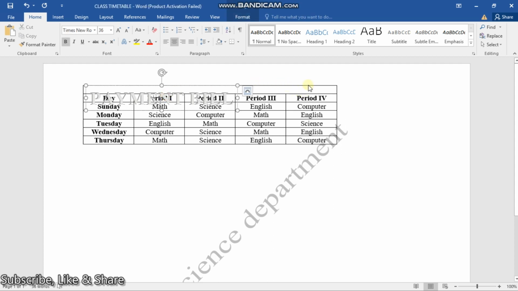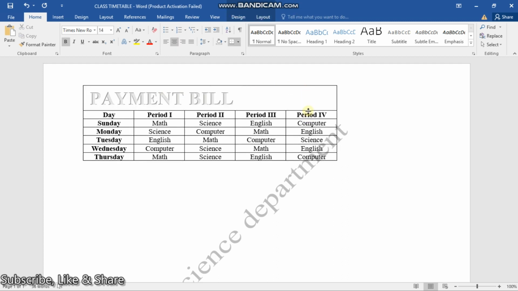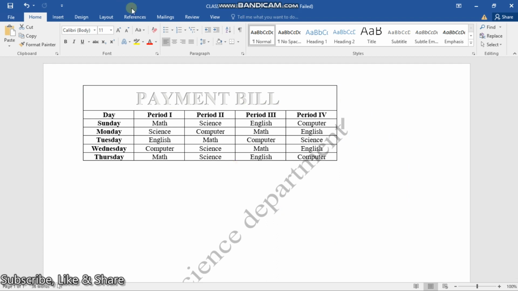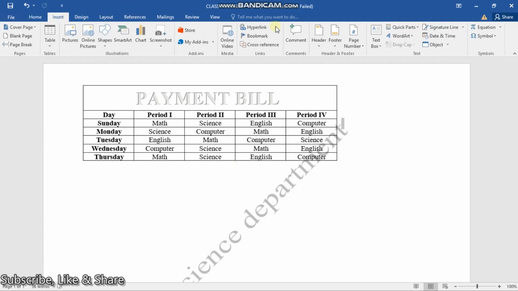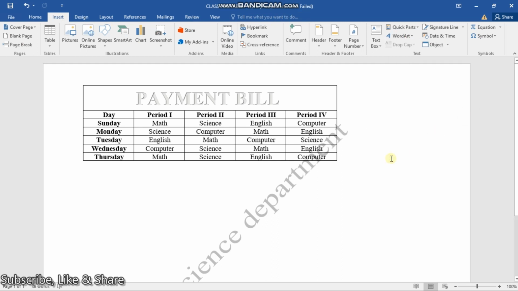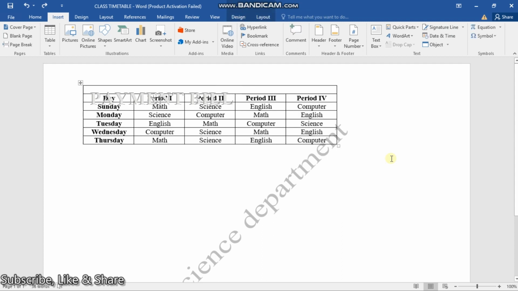So I'll have to increase the size of this column right here, like that. Now my word art can be added right here. As you can see guys, you can add it here, right here. Now here there are more editing features, so simply with insert I can also add more features on my word art. So here maybe Ctrl Z to undo it. I just want to finish all the features